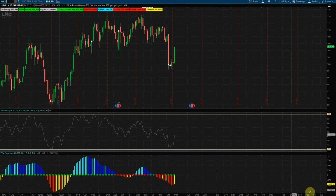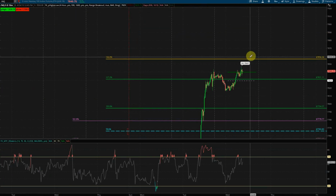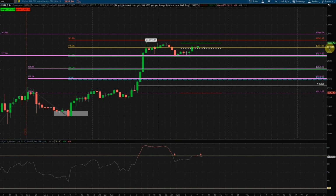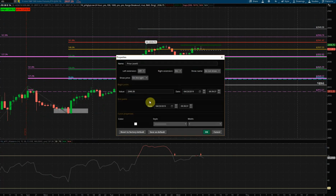Let's take a look. So that's really the futures. Again, I'm just looking at the ranges. We have some resistance above here. Nasdaq futures have hit a high. I really think that we should probably test or at least try. I don't know when or if, but with some of these earnings names, I can definitely see